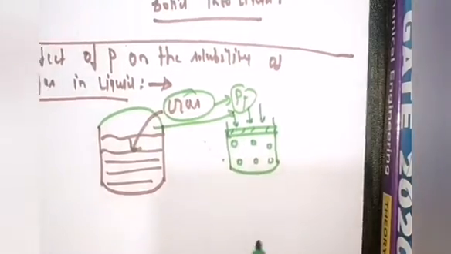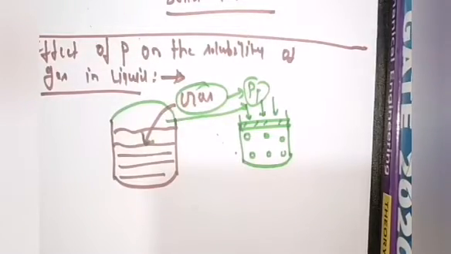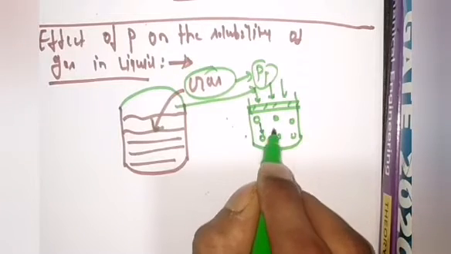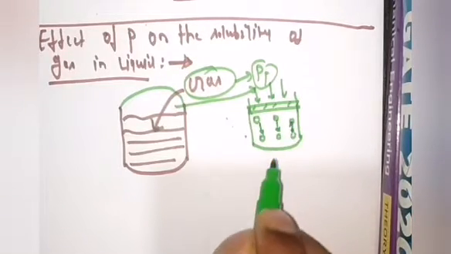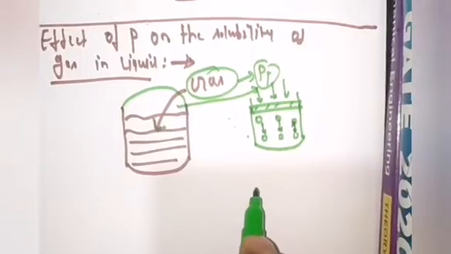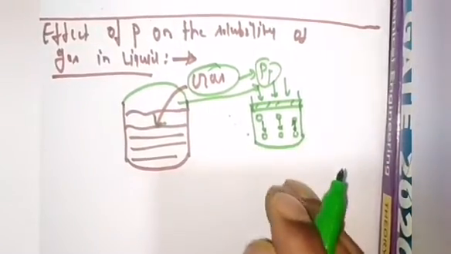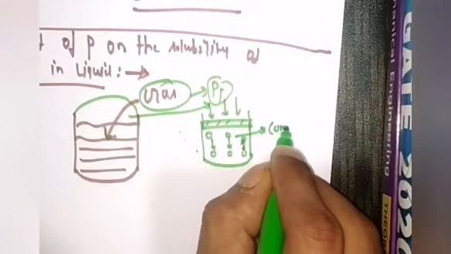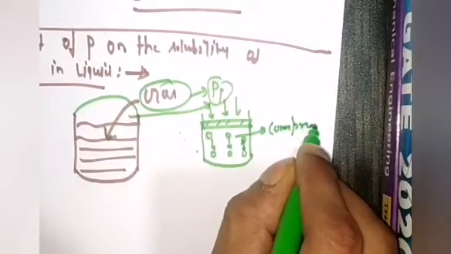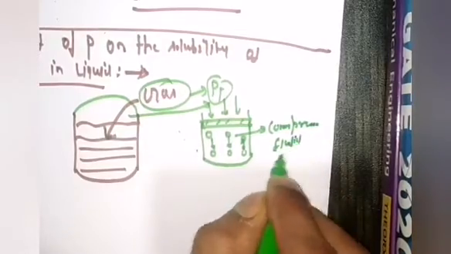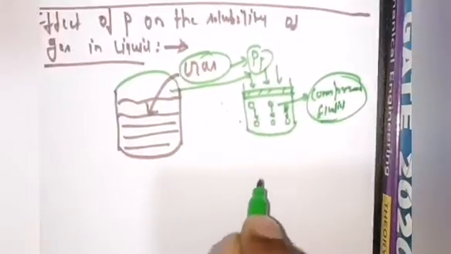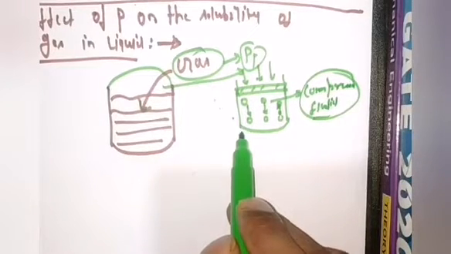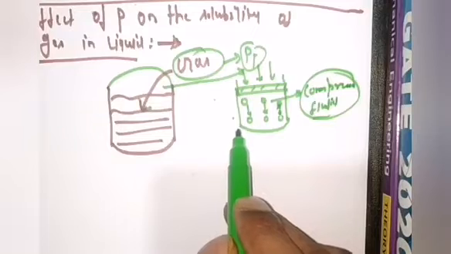then what will happen? If you increase the pressure, then due to the presence of intermolecular spaces, the gas molecules will try to come close to each other, meaning you are decreasing the proximity of the gas molecules. Okay, so what will happen? Again the gas will get compressed. That's why gas is called a compressible fluid. What do we call gas? We call it a compressible fluid. Why? Because after application of pressure, the volume of the gas used to change. Okay, so there is a significant effect of pressure on gas molecules.